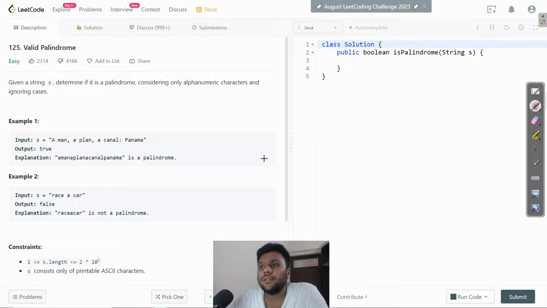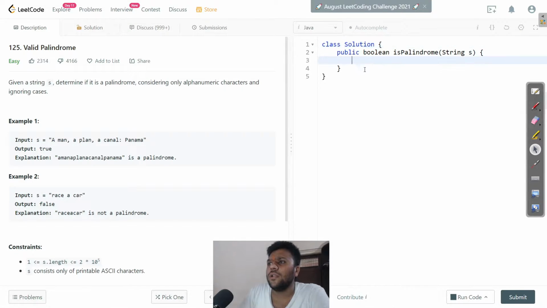So let's just start the code. The question is quite simple, with nothing deep to it. First of all, I will create one empty string where I will store all my characters. I will simply call it store character, and right now it is empty.